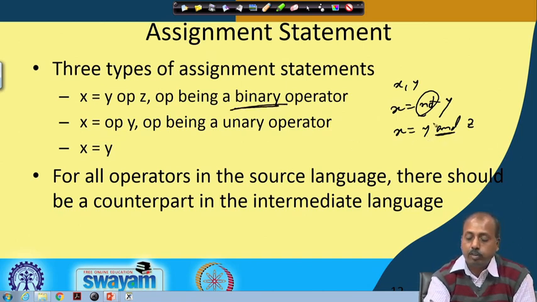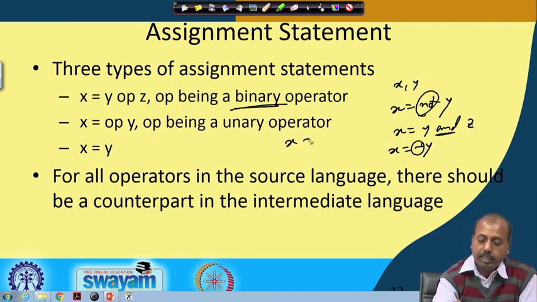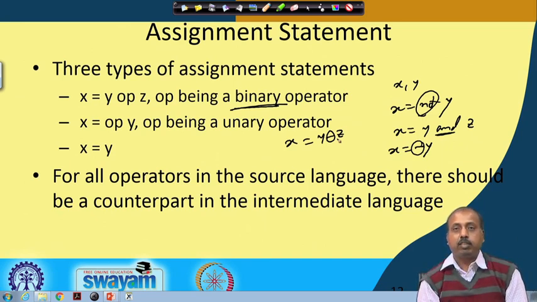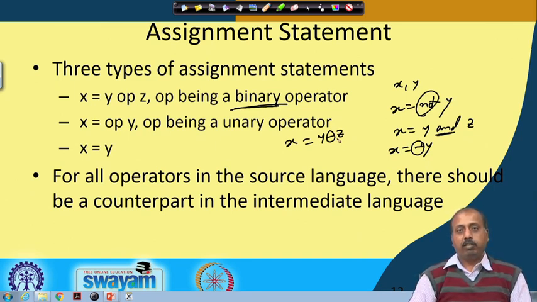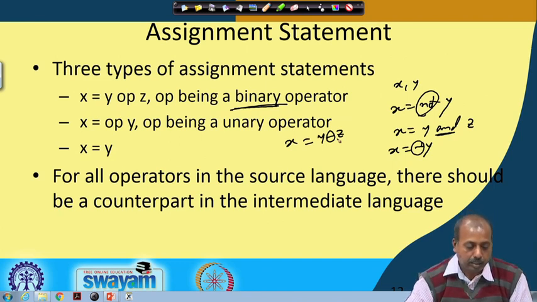Or in the arithmetic domain, we have got the unary minus, x equal to minus of y, where this minus is a unary minus, whereas if I write x equal to y minus z, then this minus is a binary minus. So, their meanings are totally different. Though both of them appear to be the minus symbol, they are different. If you are looking into any real compiler design task, then you will find that it is given to the lexical analyzer to differentiate between these two situations. In one case it returns unary minus as a token, in the second case it returns minus as a token. So, that way sometimes it is a bit confusing.